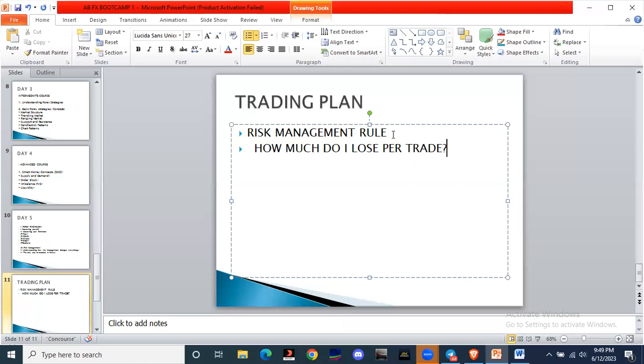This is how you could use a trading plan to keep your forex psychology in check. This is how you can use a trading plan to curtail the excesses, to help you keep your trading emotions in check so that you don't misbehave. Because once your trading emotions are not in check, no matter how good your trading strategy is, no matter how excellent your trading strategy is, you're still always going to be losing money.